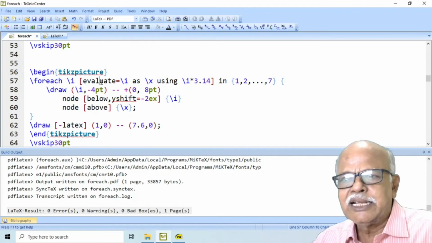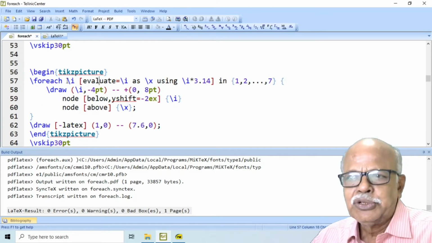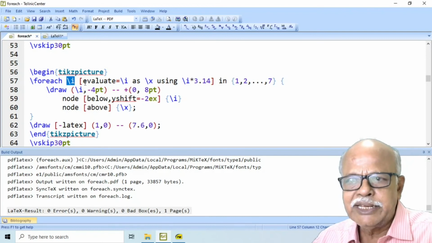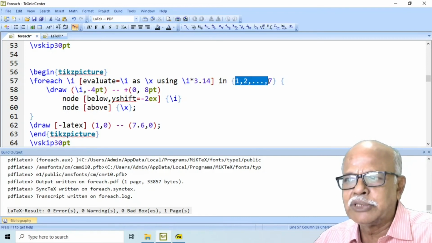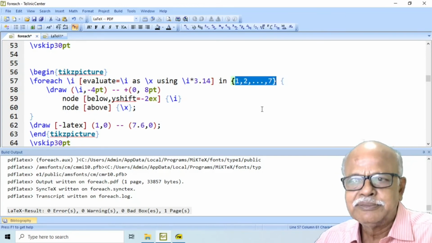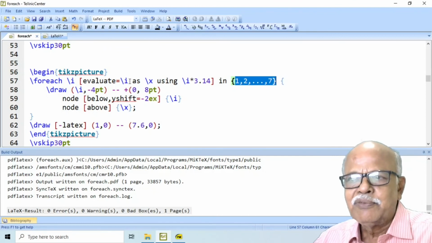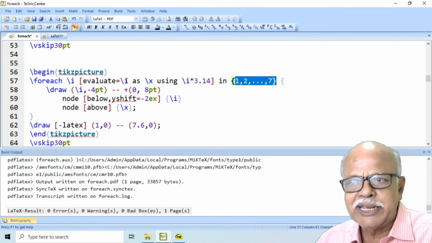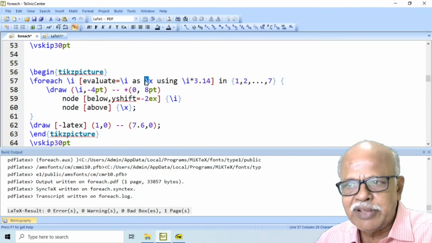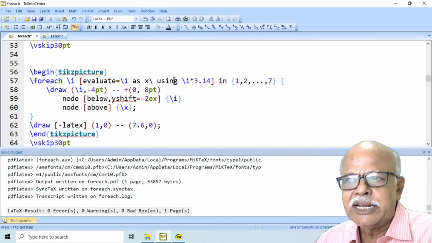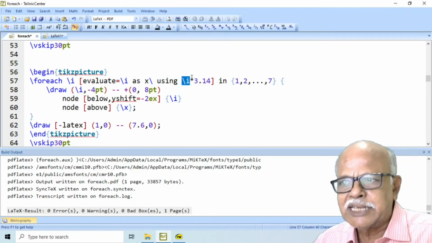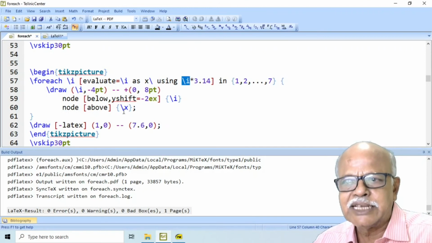Let us consider another case. You define one variable i which takes on values 1, 2, 3, etc. up to 7. Then from this single variable i, you derive another variable x like this, where i star 3.14 is \x.